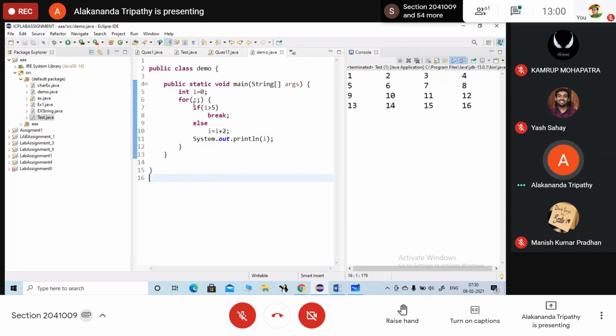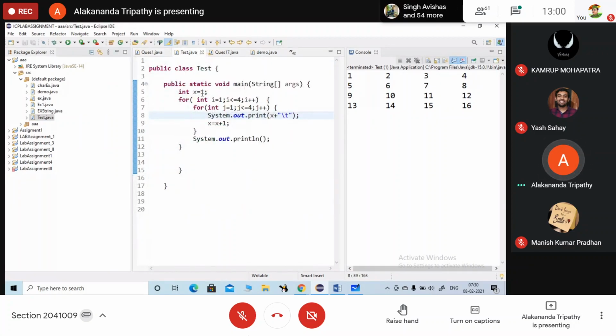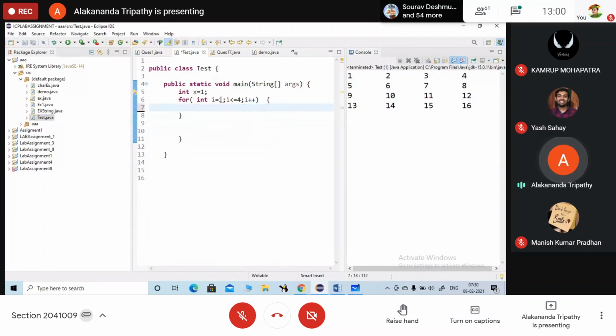Check this one. This question I have not discussed with you. Okay, we will discuss this in the next class. A number of questions are there, a number of things you need to remember. Here I will write double y equals to 10. Check, what is the error?